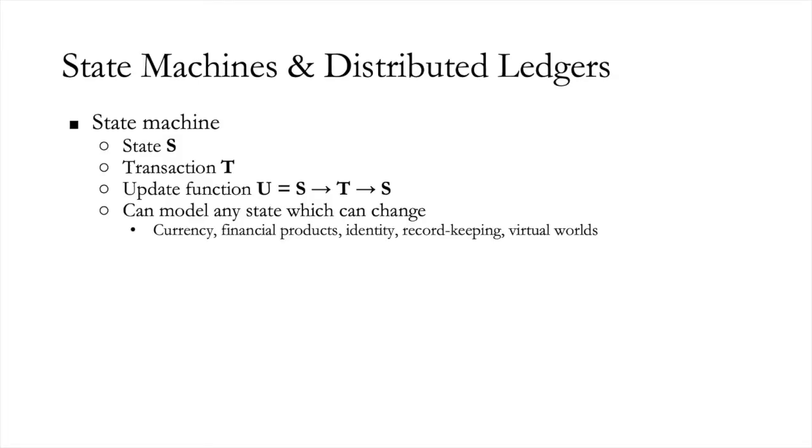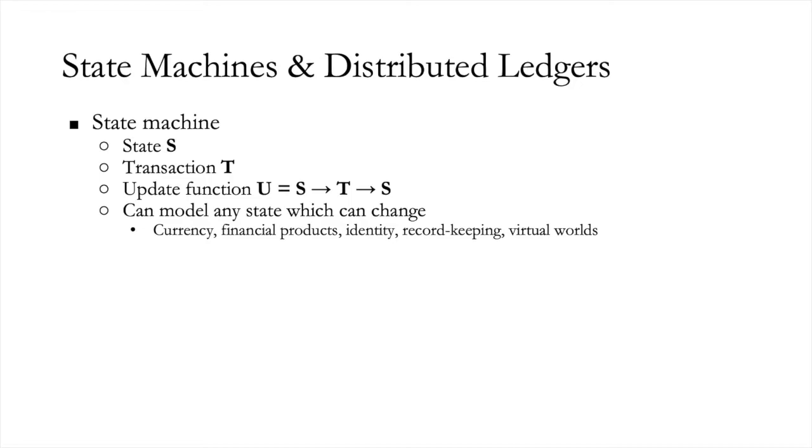First, what is a distributed ledger? A distributed ledger is simply a way of splitting some state machine and replicating it across multiple computers. A state machine is an abstract model with some state, let's call it S, defining some set of data, some transaction type, call it T, defining a way in which that data can change, and some update function U, which takes an old state and a transaction, and returns a new state, where the transaction updates the state, perhaps changing a balance or altering some property of an object.